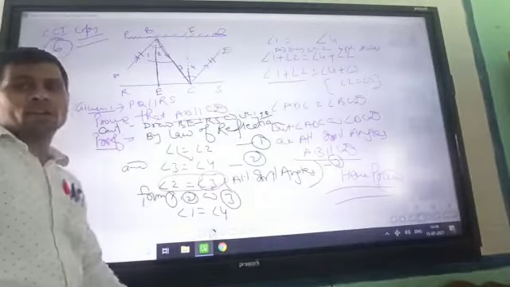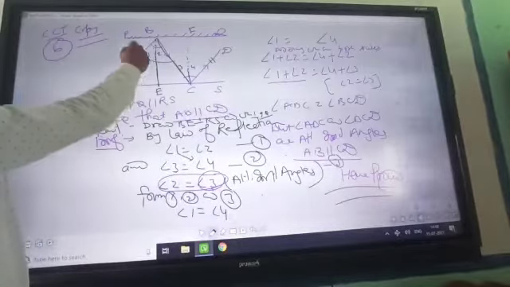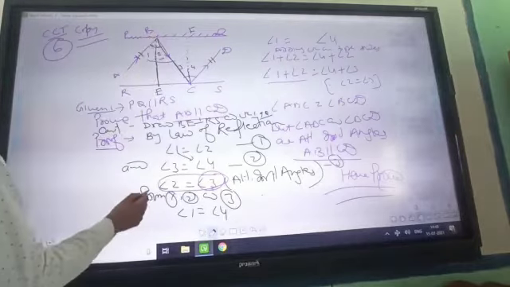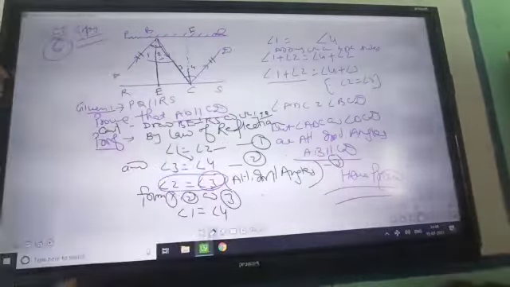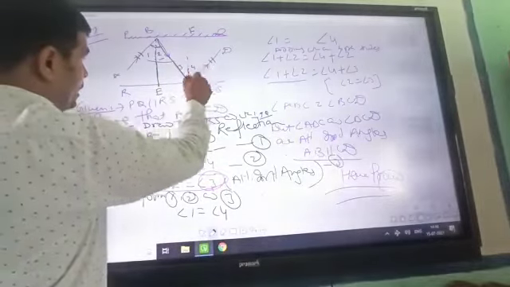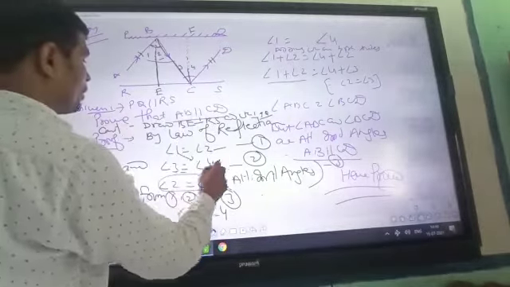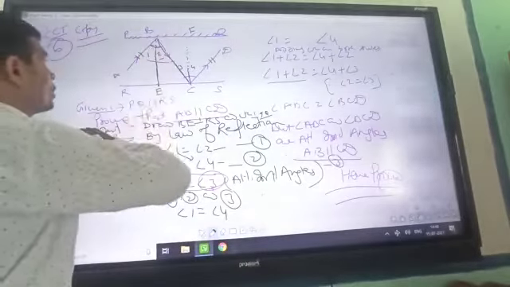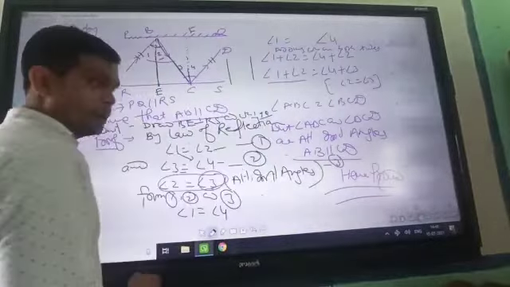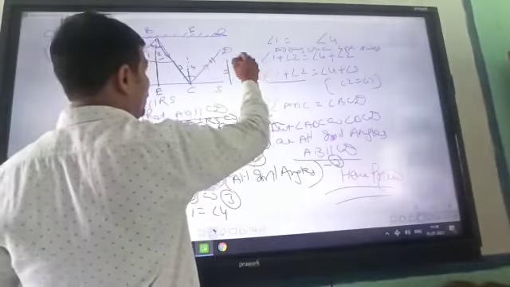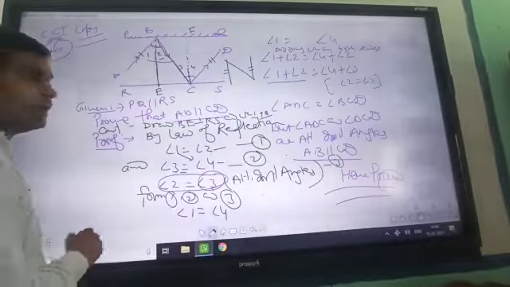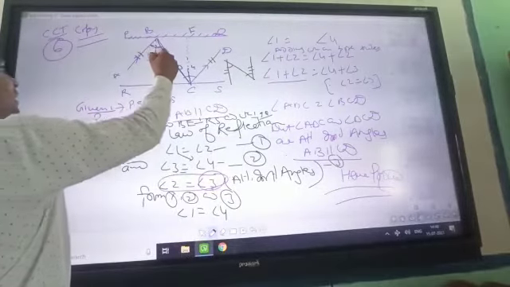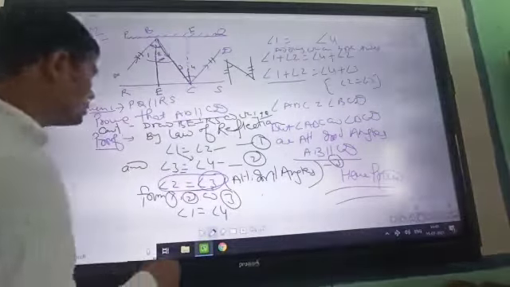Now by the law of reflection of light, you know very well that the incident angle equals the reflected angle. This ray is incident here, so this one is the incident angle and this one will be the reflected angle. Angle 1 equals angle 2. In the same way, angle 3 will be equal to angle 4. But now you know one more thing, that angle 2 equals angle 3, because you can see here these two are perpendicular, and perpendiculars are always parallel. If we draw a line across these, it will be a transversal, and these angles will be equal because of alternate angles. So that's why I have written here angle 2 equals angle 3, because these are alternate angles.